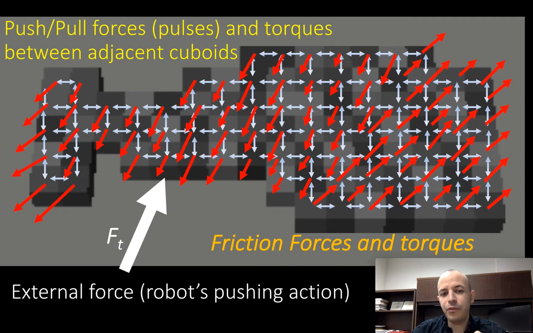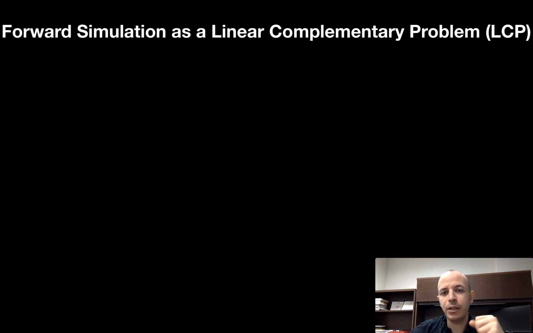And then we have the friction, which is an external force applied from the support surface to each cuboid. So each cuboid is going to have a different, individual frictional force. And the direction of the friction force is based on the velocity of the cuboid at time t and the rotation. The magnet is going to be very different based on multiple things. And so basically, if we take all these internal and external forces, we can model them as a linear